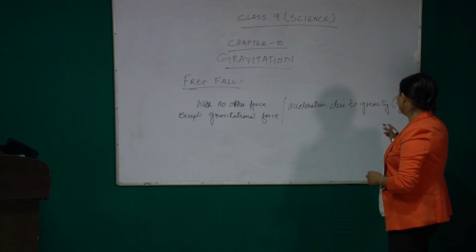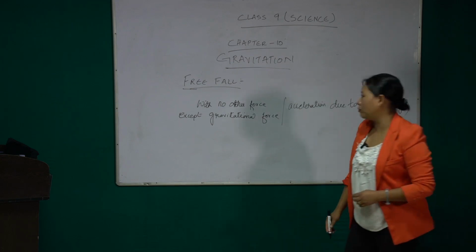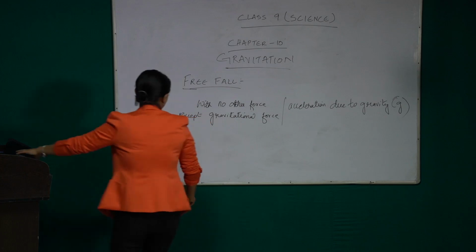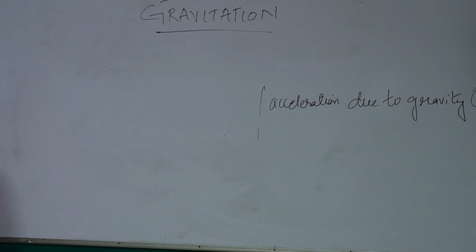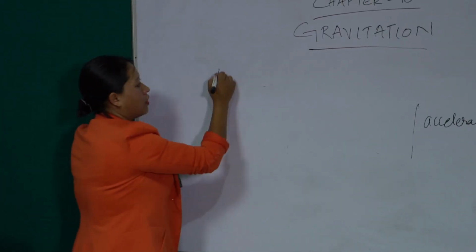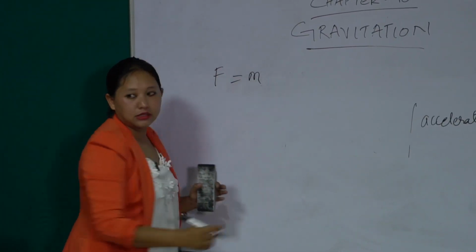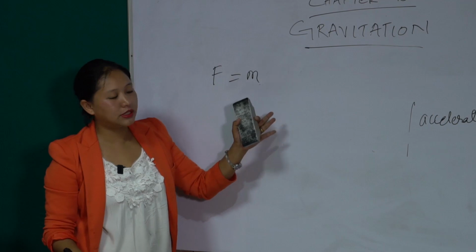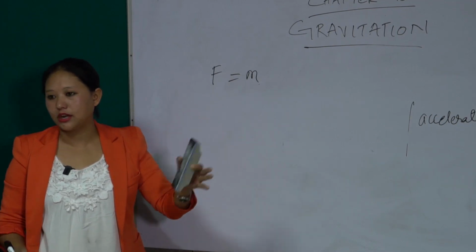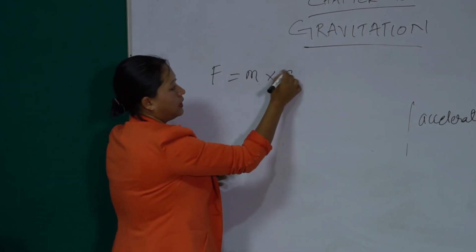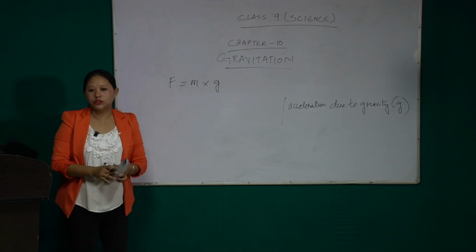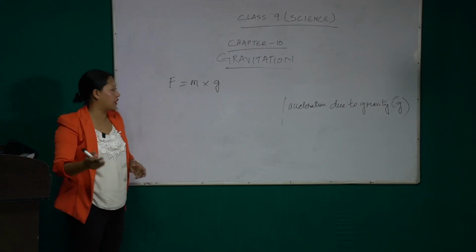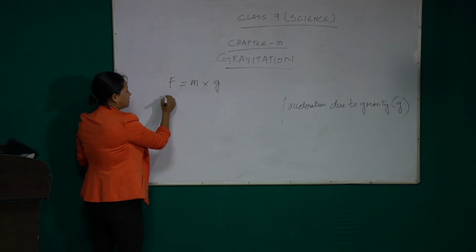So for acceleration due to gravity, from Newton's second law of motion, we know that force is equal to mass into acceleration. But here, since acceleration is due to Earth's gravitational force, it will be acceleration due to gravity. And also from the universal law of gravitation, we know that force is